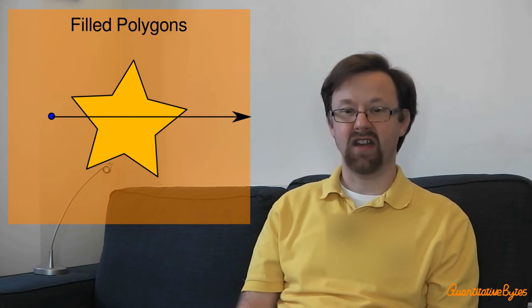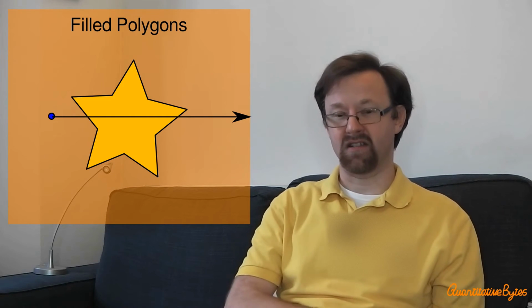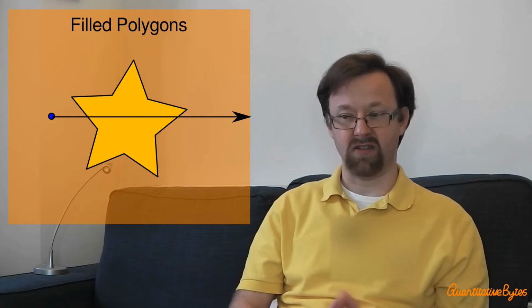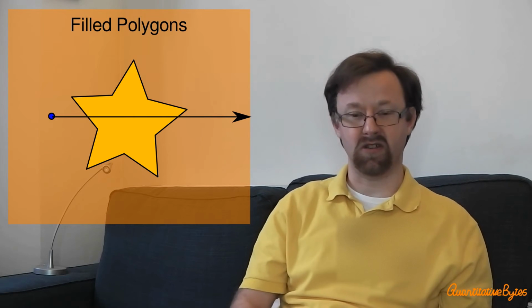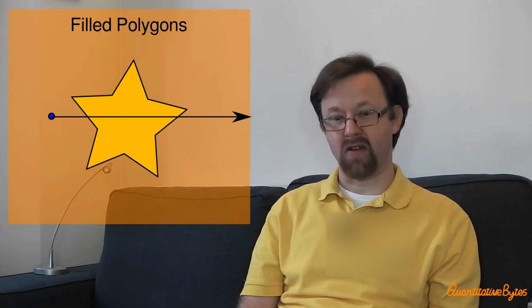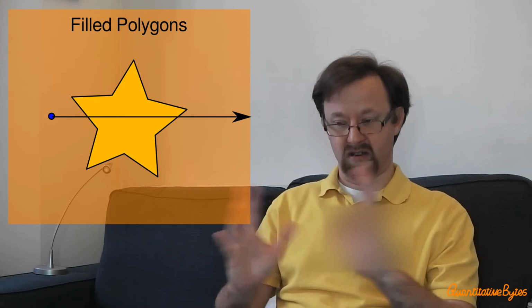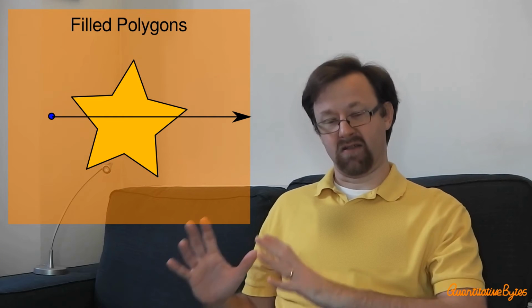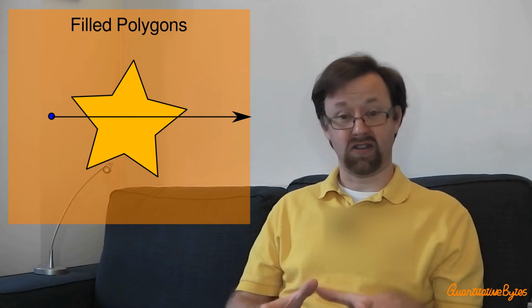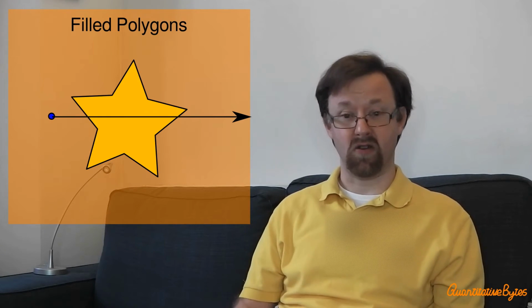What I want to do first is head over to the computer now and have a look at the code that I've created so far, and the structure of the code as well. I've done a little bit of restructuring since the last episode, so I want to talk about that and then talk about the basic outline of the new filled poly class. And then after that, I want to come back and look at how we actually solve the problem of counting the number of edges of the polygon that we cross.